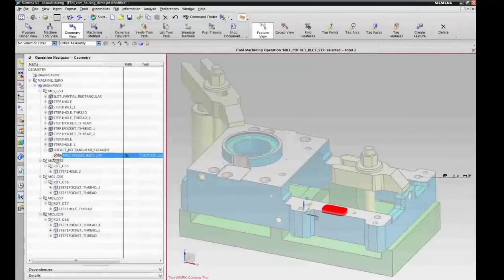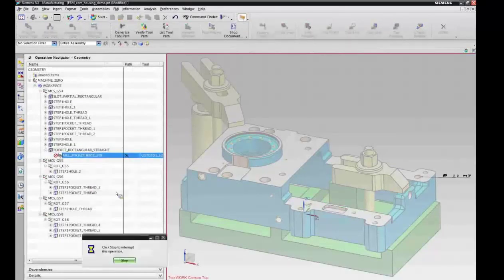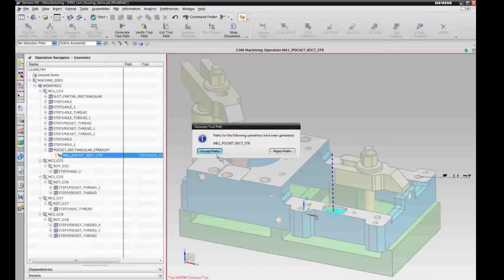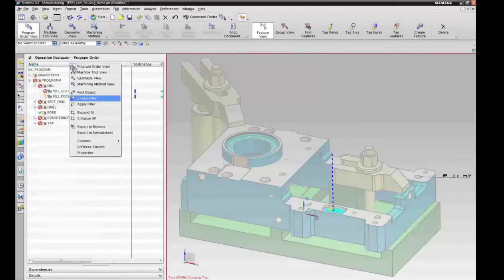So let's find the operations for that feature. And here we are, and now it just requires a roughing operation. Right? And we're done. It doesn't require a floor finishing operation anymore. We quickly look at the rest of the views, then you will see